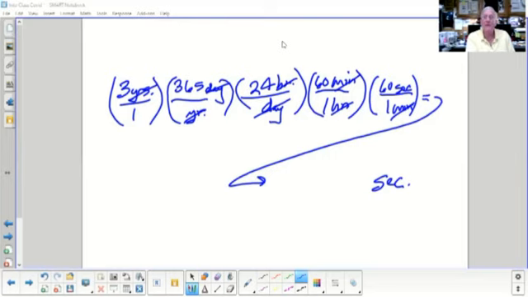Therefore, we don't have to worry about it. So I simply take a calculator and multiply 3 times 365 times 24 times 60 times 60, and when I do, I get